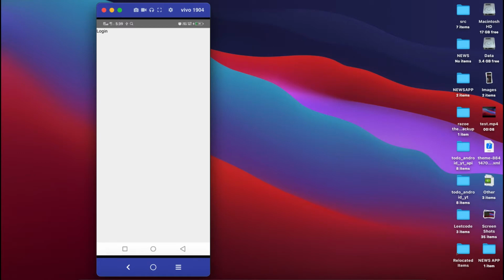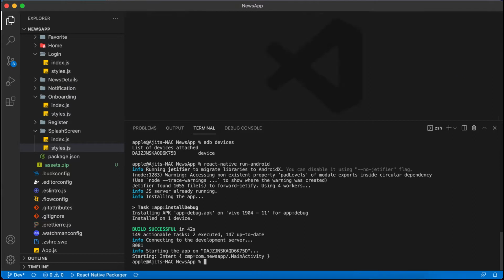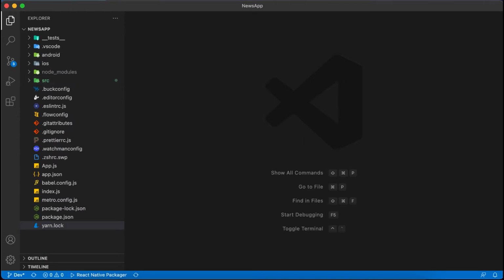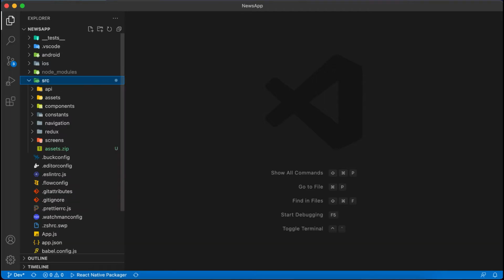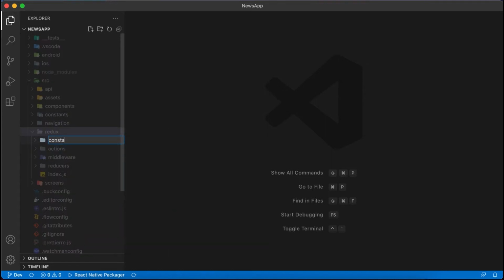So I'm going to my project folder. Now I'm closing all the things here and closing the terminal, then collapsing all folders. We will first create a constant. There we will write a constant, update onboarding status. So I'm moving to the constants folder of Redux. We will go to the source directory, then inside Redux we will create one more folder here, that is constants.